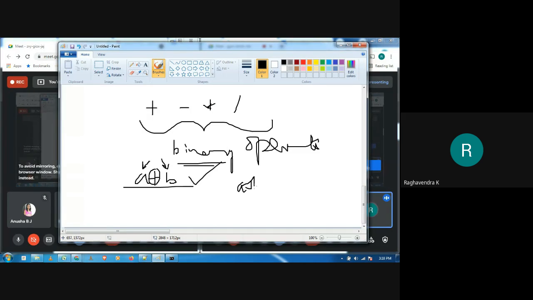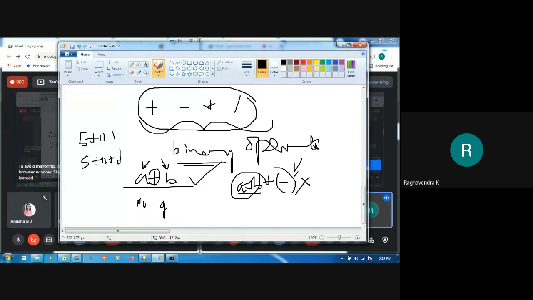So why is this not correct? If I write a plus b plus, of course this has a plus b, which can be considered as a single term, but where is the second operand? The second operand is missing, right? So this is invalid. That's why 5 plus 11 is correct, but 5 plus 11 plus is wrong, from group 1 and group 2. The thing to remember is that because we are considering all binary operators, the number of operators should be 1 less than the number of operands. If this is the case, then I can say that it is valid, right?